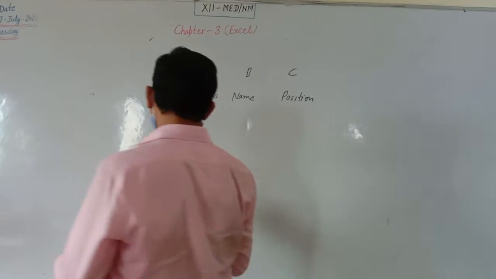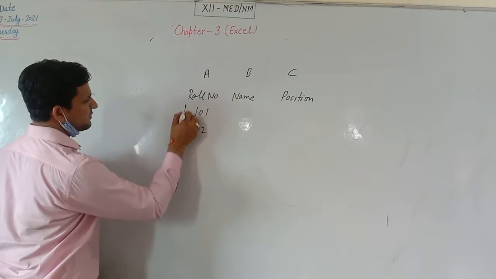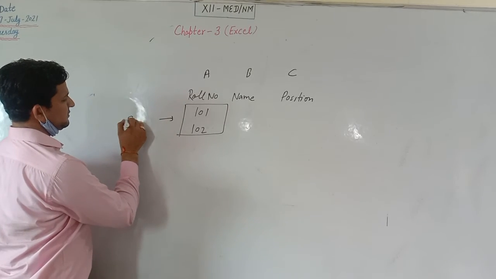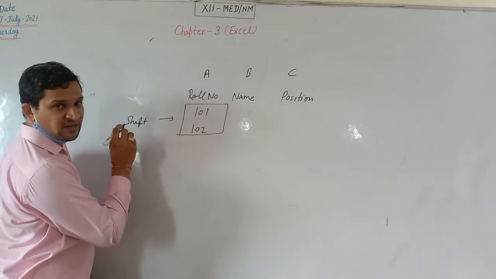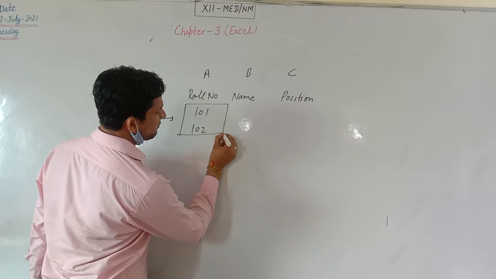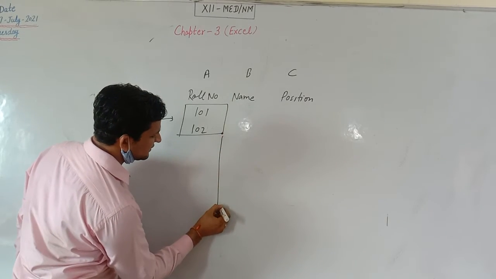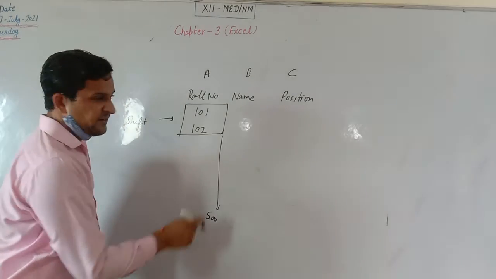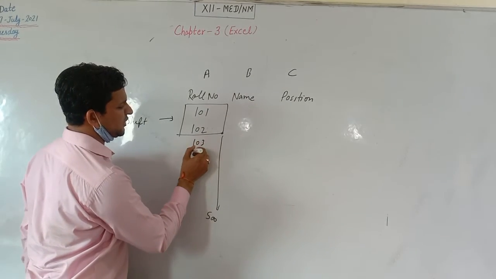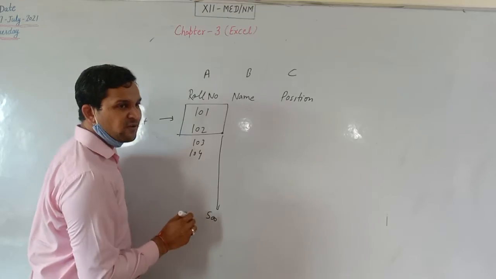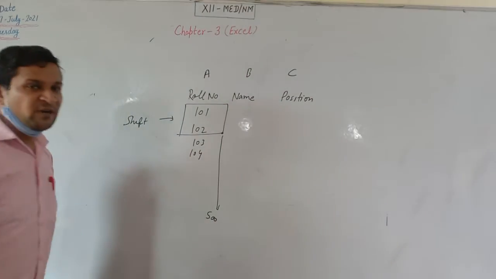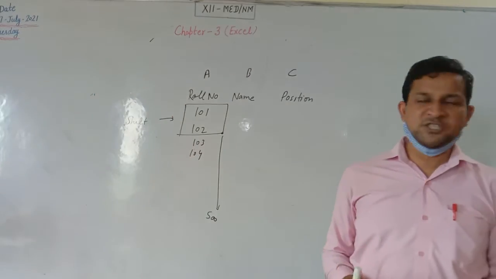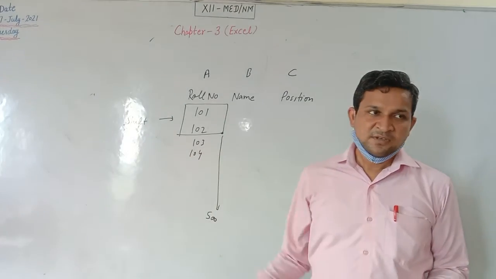So we will not type all of them. We will write two roll numbers. We will select these two roll numbers using the shift key. And afterward, we will drag from this corner till the value of 500. What will happen when we drag it? The next value will automatically become 103, the next will become 104. Till whichever position you drag it, it will show the values. You need not type all values. You will type only the first two values.